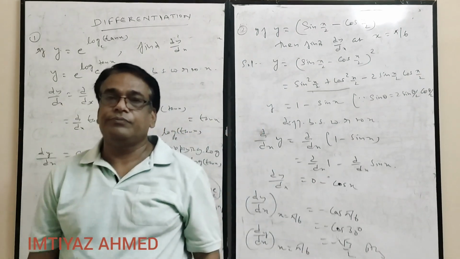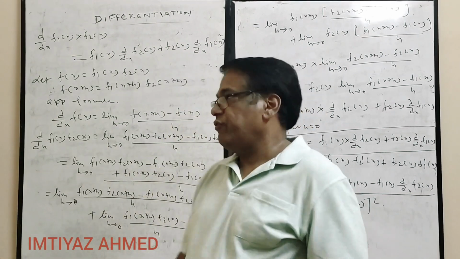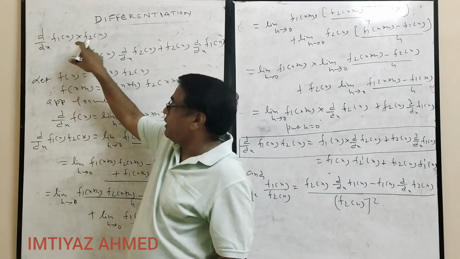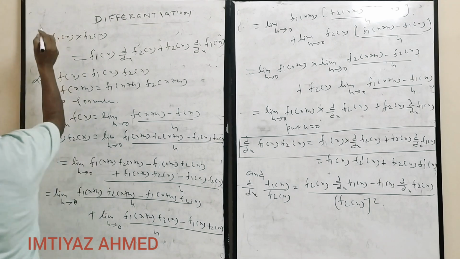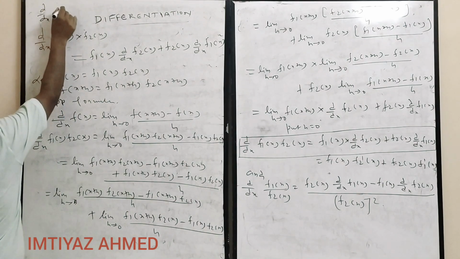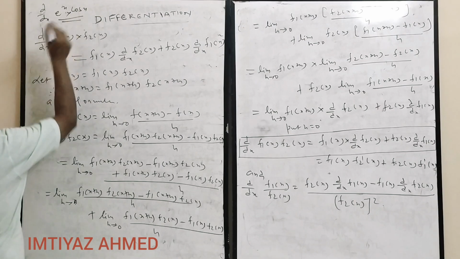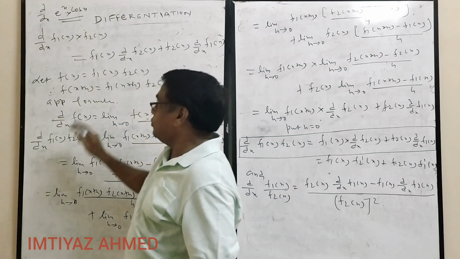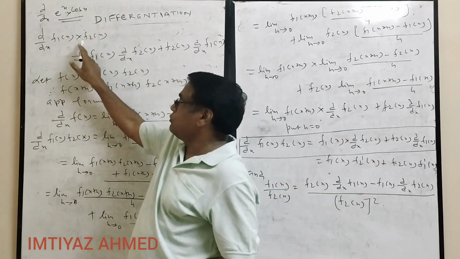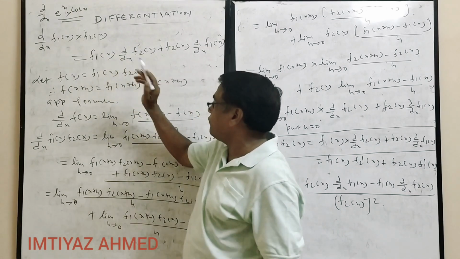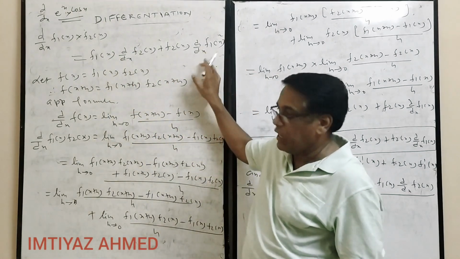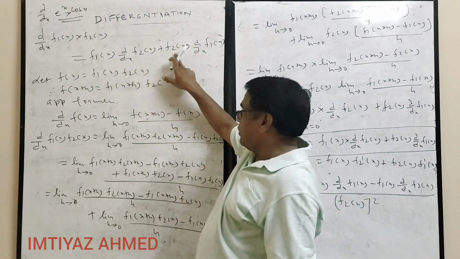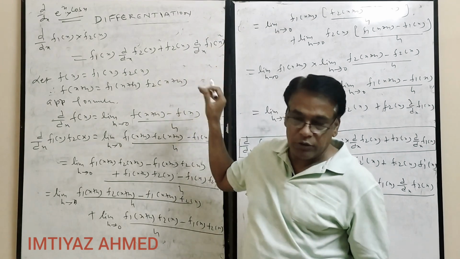We'll proceed now. In continuation of differentiation, just see the differential of a product of two functions. That means d by dx of f1x into f2x. What does it mean? Suppose you have to find d by dx of e raised to power x cos x. So this is the product of two functions. The formula for this is d by dx of f1x into f2x is the first function into d by dx of the second function, plus the second function into d by dx of the first function. Either you can have it as second function d by dx of first function plus first function d by dx of second function. Like that also you can have it.